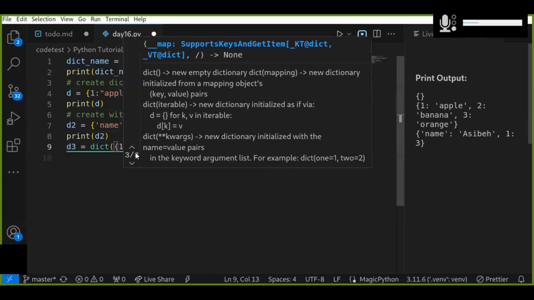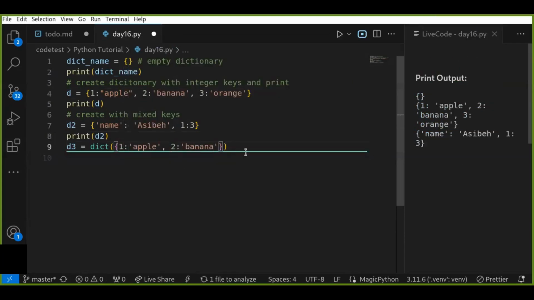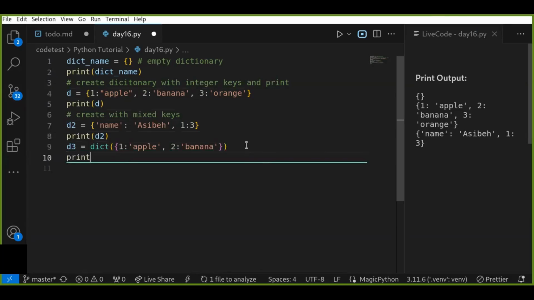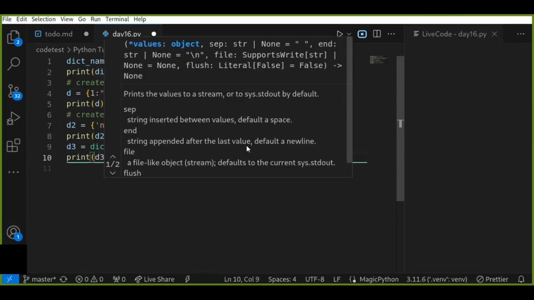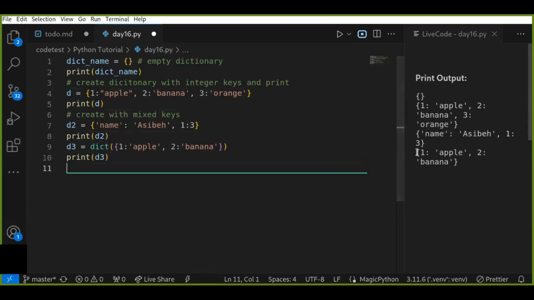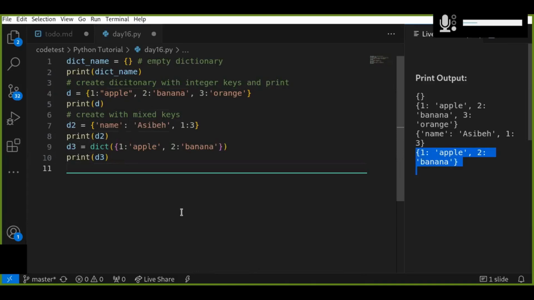For example, one, right. So when you're thinking about this, it's three. So you can see the same output with the previous one. So you can use either the dict function and pass the dictionary into that function, or without the dict function, it's possible. While values can be of any data type, so the values of the dictionary can be any data type, and